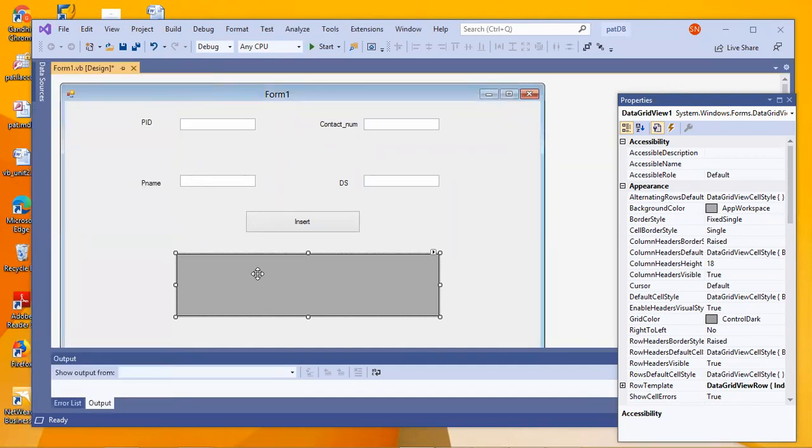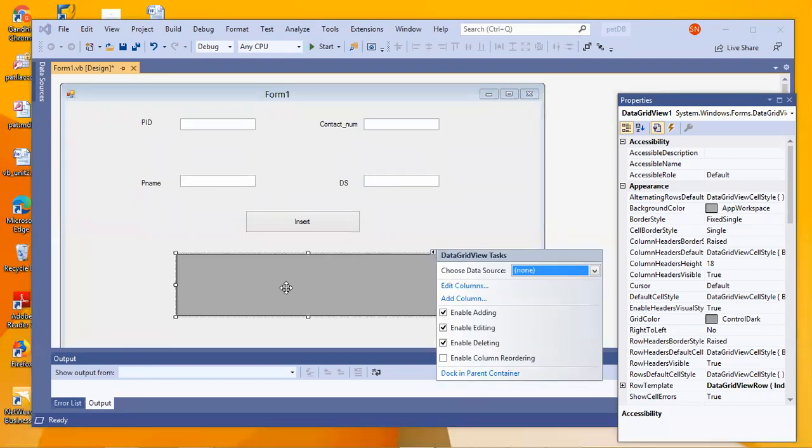Now for this DataGridView, as I said, it will be displaying the table we created in Access. For that, we need to say which particular database I need to connect, correct? This connection of a database can happen in two ways. One, by setting the DataSource property of the data grid, or two, through programming. I'll show both ways.